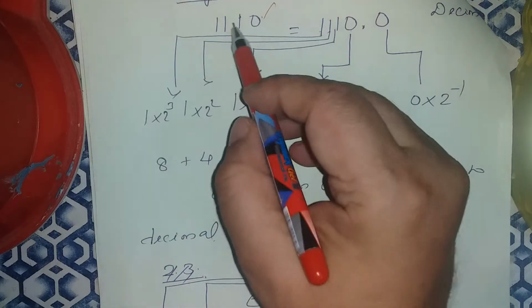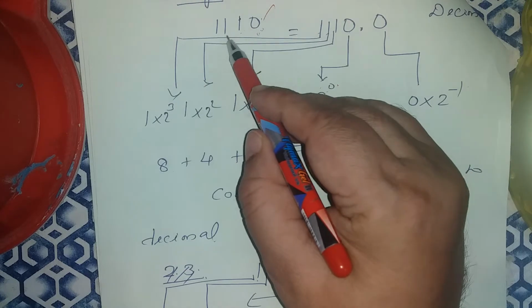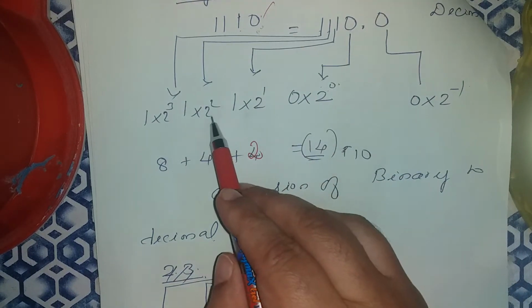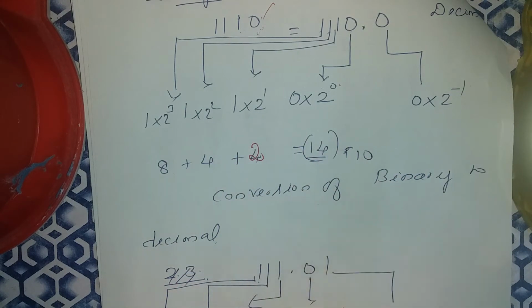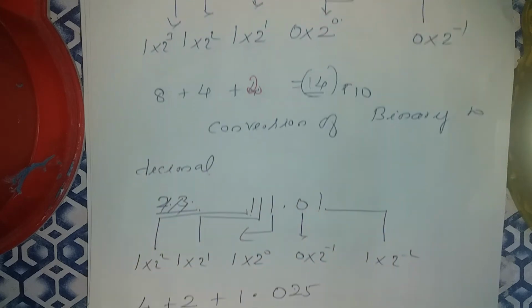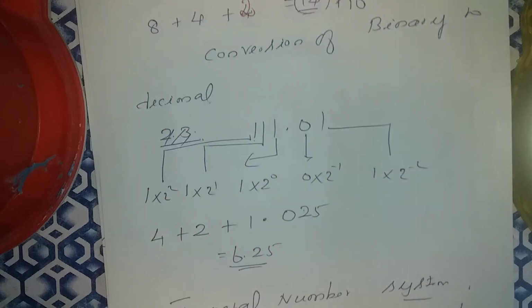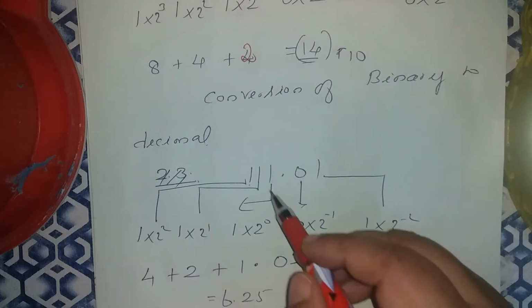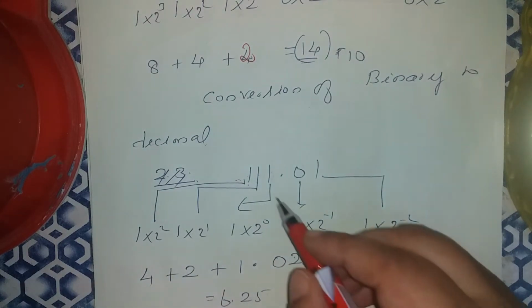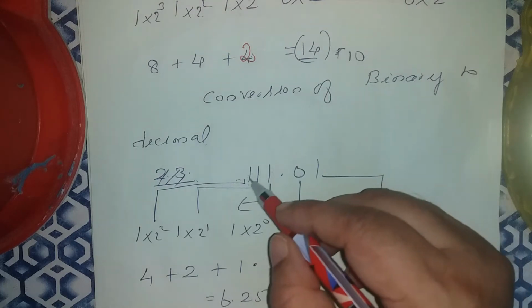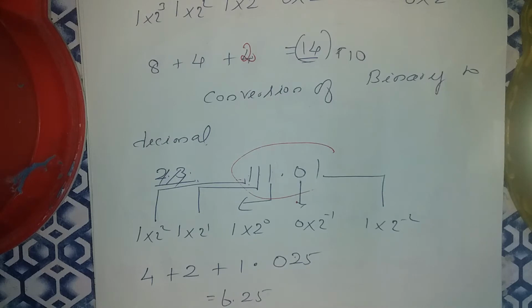Again, I will teach you. When you have the number 1110, this is 2 power 0, 2 power 1, 2 power 2, 2 power 3. So 0 into 2 power 0, similarly the rest. Understood or not? So I got the number 14. Sir, how do you convert a decimal number? This is the ordinary integer number you taught. What about the decimal number, how will you convert it? That's the question. First you convert the integer value 111. So how to convert the binary number to a decimal number? Quite complicated, I will teach you.